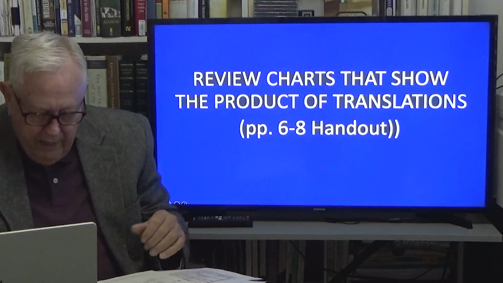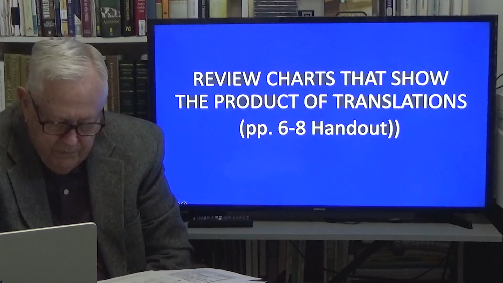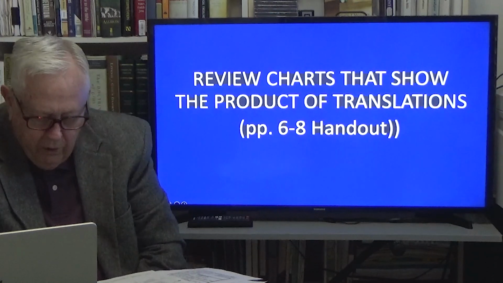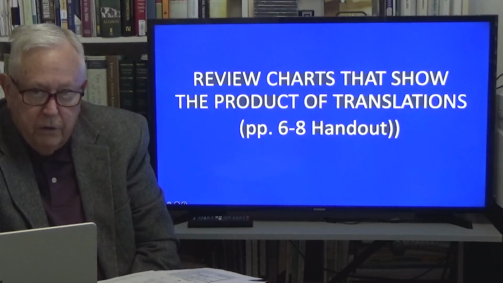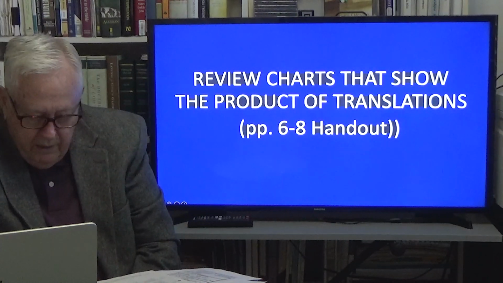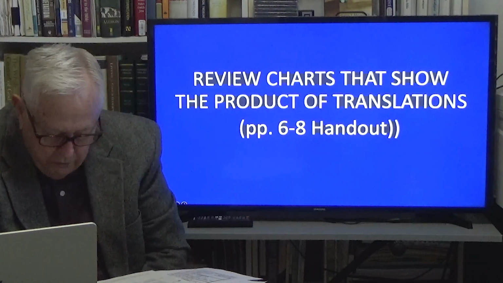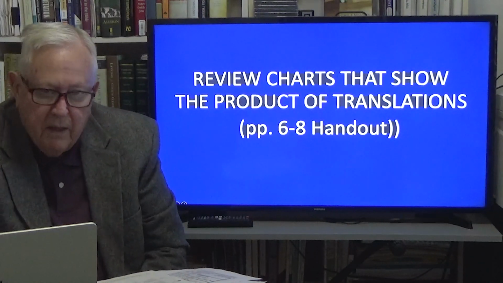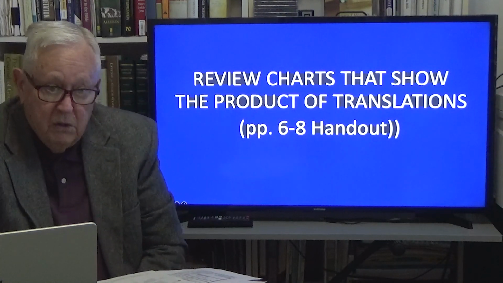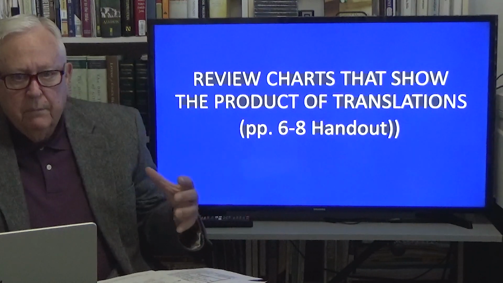But notice what happens when you get to the NIV in the third column. We continually remember before our God and Father your work produced by faith, your labor prompted by love, and your endurance inspired by hope. Where in the world did the words produced, prompted, and inspired come from? They're not in the Greek. So, somebody who knows the Greek can say, oh, you really messed that one up. Well, wait a minute.